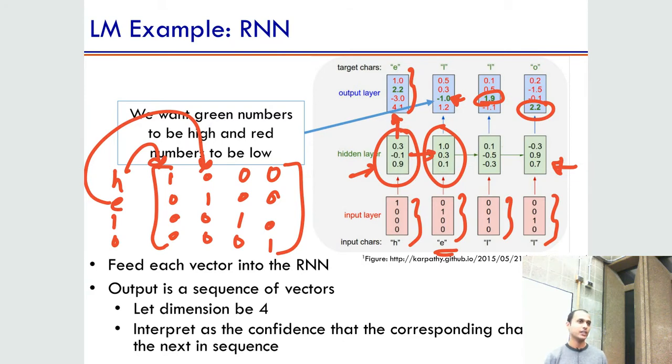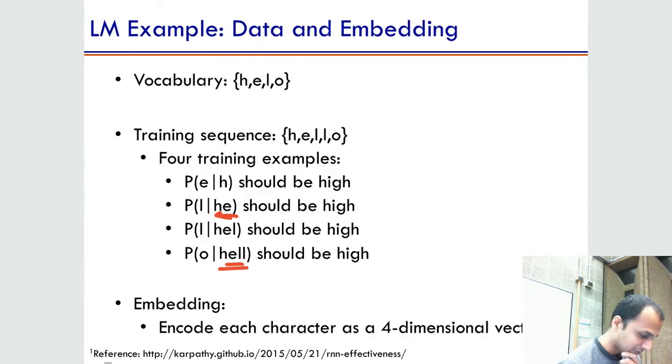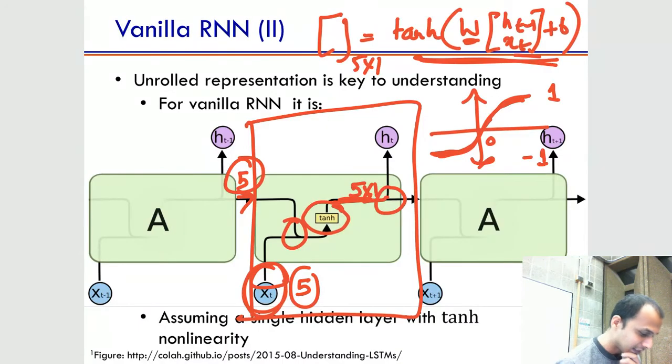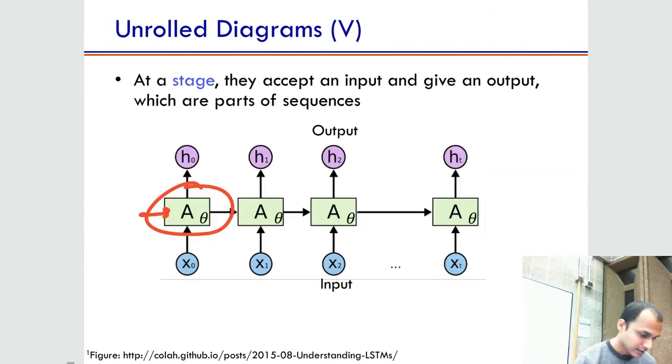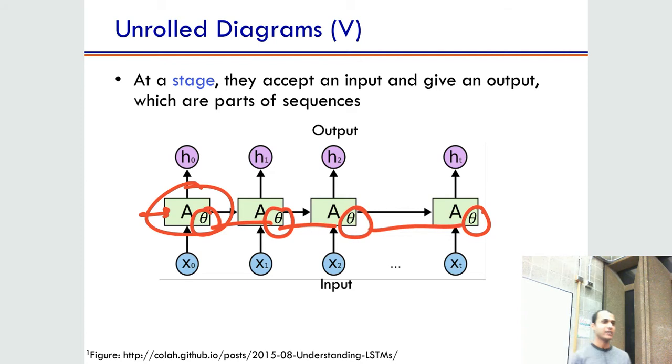You can have more words. Given a text corpus, you can always build a character language model like this. What I did not emphasize before, and let me get back there, is that the parameters, like the weight matrix, think of the tanh layer, for example. There's a weight matrix and the bias. It's the same parameter across all these copies. This is a different way of saying I'm doing weight sharing. This is a different incarnation of weight sharing. I have different copies but the same parameters. So when I'm doing a forward evaluation,